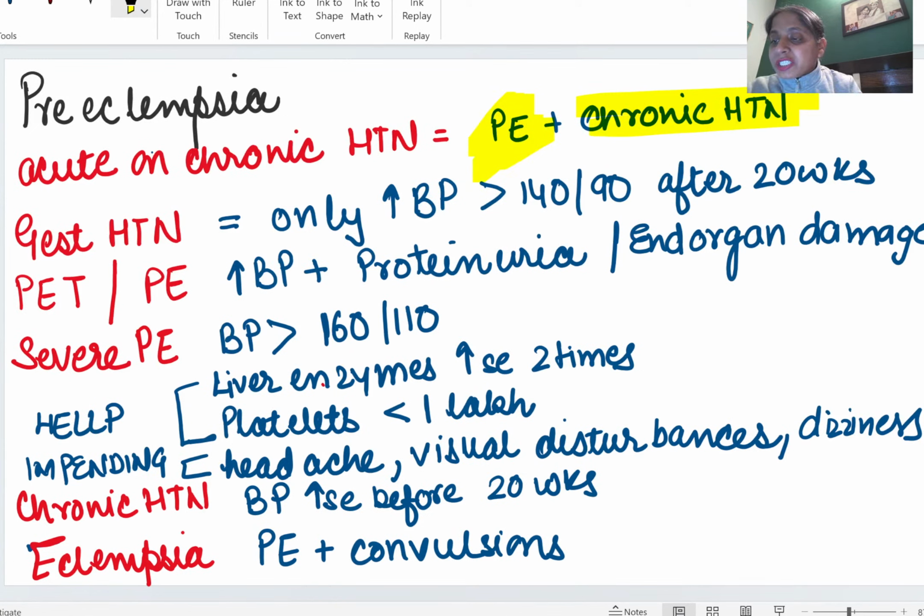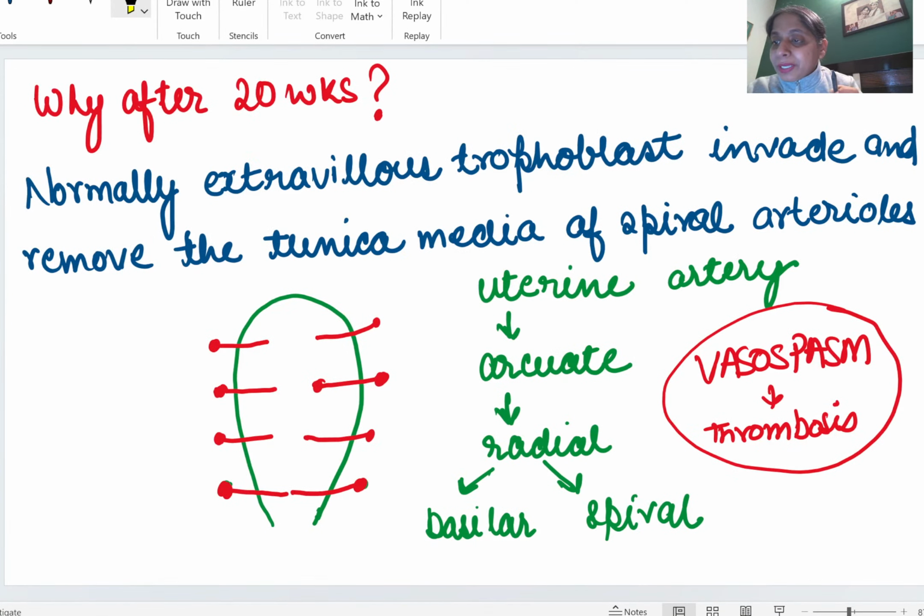Let us study what is gestational hypertension. If the BP increases more than 140/90, please write down in the chat box what is the criteria to say gestational hypertension. If the BP increases more than 140/90 after 20 weeks, why is it after 20 weeks? Can anyone tell me why BP increase after 20 weeks is considered preeclampsia? Because normally at 20 weeks the extravillous trophoblast cells,